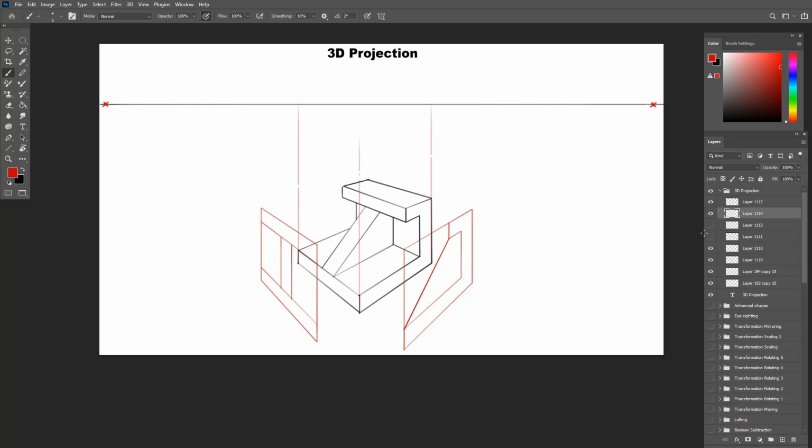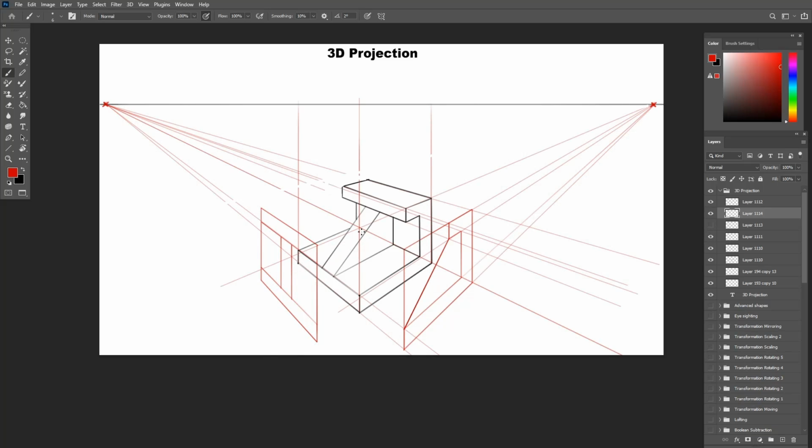Let's do the top view now by extending the vertical lines for the whole shape and draw the bounding rectangle for the whole object.